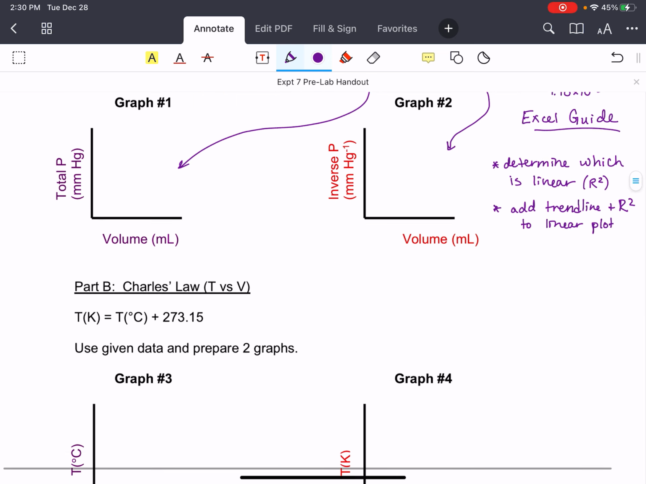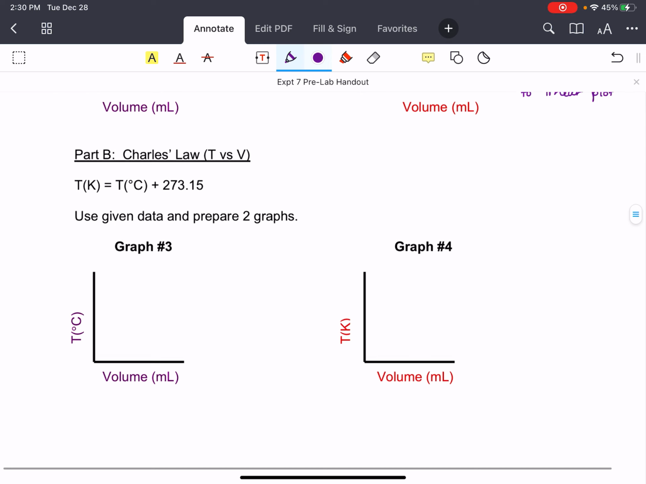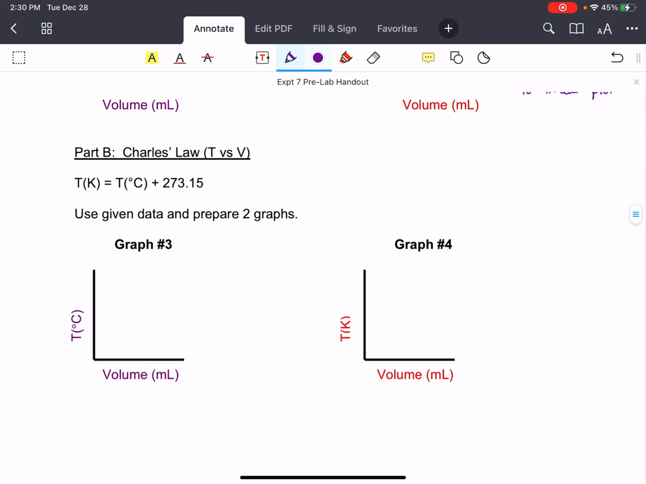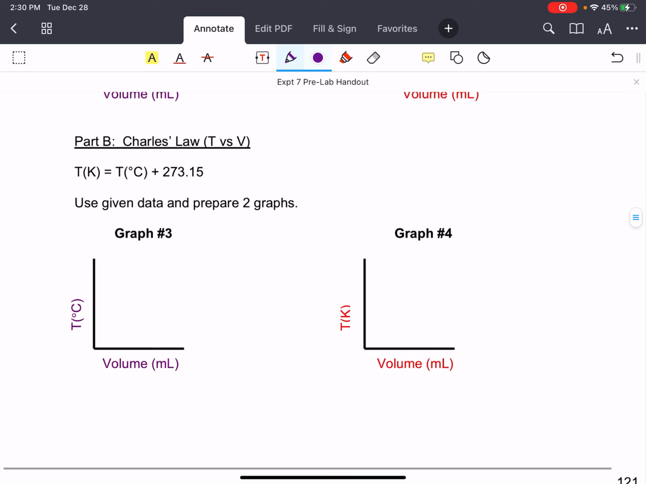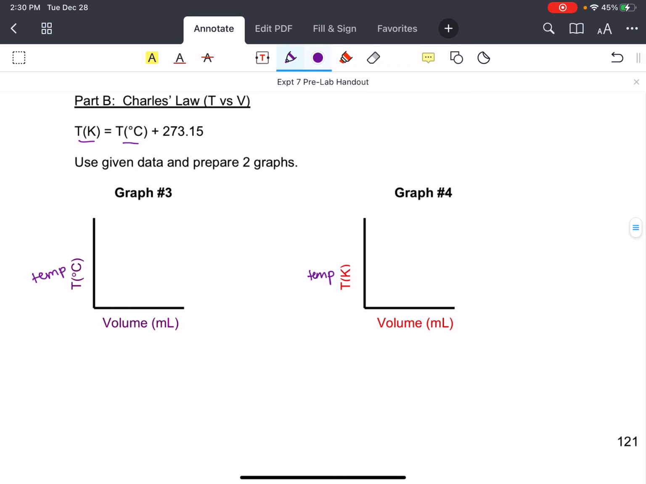Then we'll move on to part B, which is Charles' law. So with Charles' law, we're investigating the relationship between temperature and volume. We are making two plots because we want to know whether it's temperature in Kelvin or temperature in Celsius that has a direct relationship with the volume. So with both of these plots, we're plotting temperature on the y-axis, volume on the x-axis,